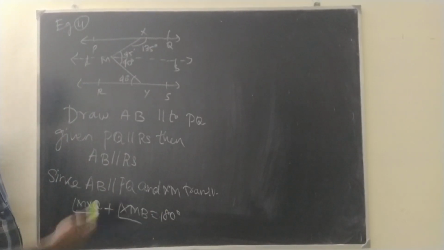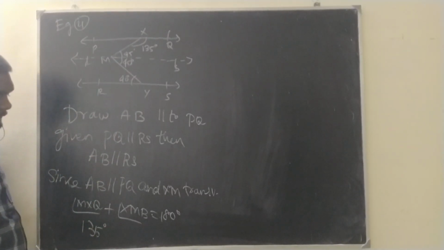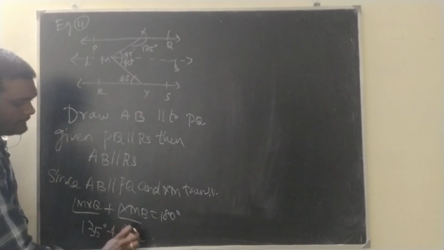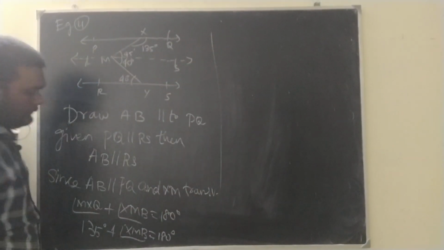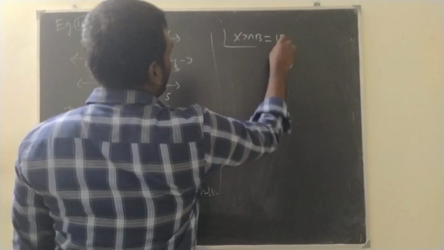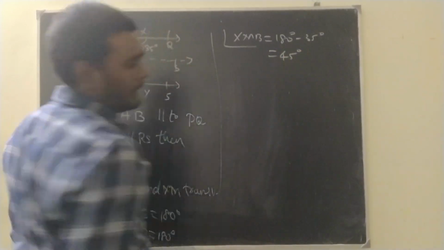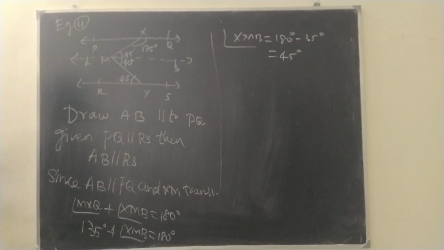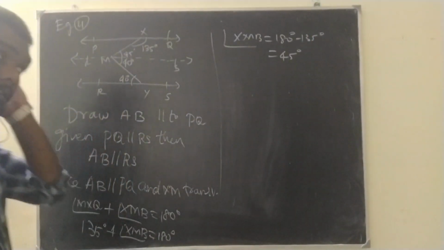In that, MXQ is 135 plus angle XMB equals 180 degrees. Then we'll get the answer for XMB as 180 degrees minus 135, which is 45. Okay, and then